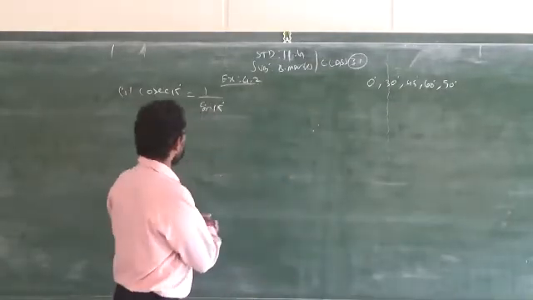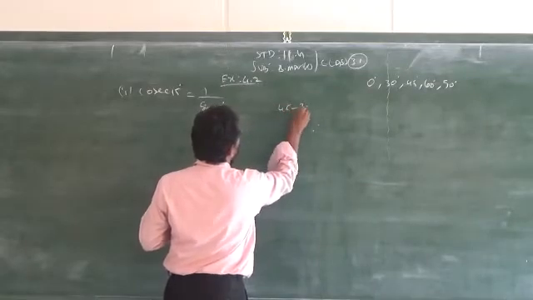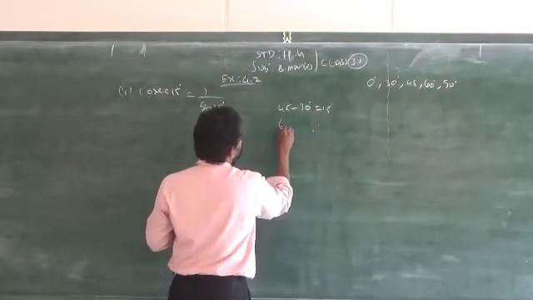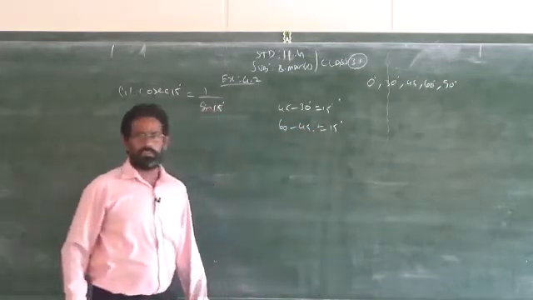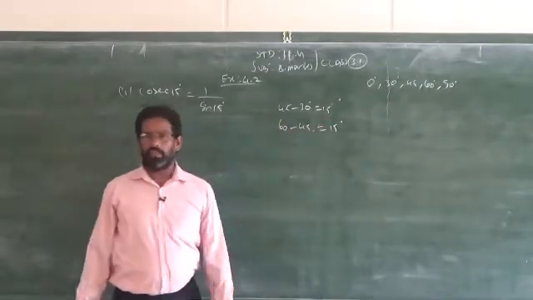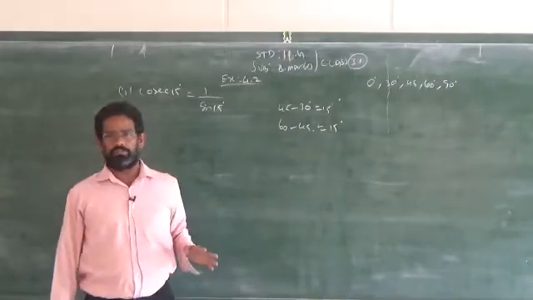So how do you get 15 degree? By using any two. So 45 minus 30, how much? 15. Is there any other possibility? 60 minus 45 is equal to how much? 15. See, there are two possibilities from the standard angles to get 15 degree. So you have to select any one of these two, that is your wish.